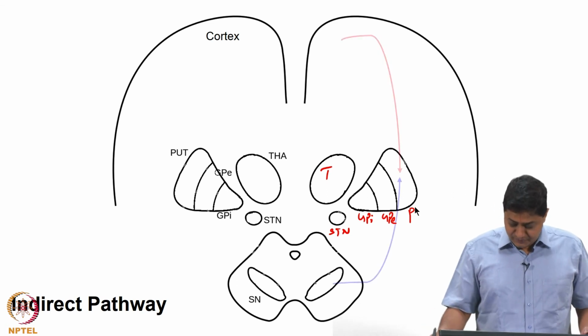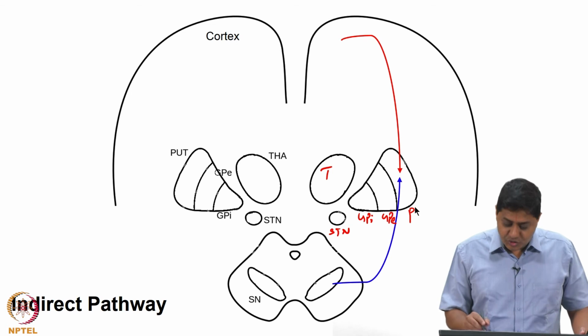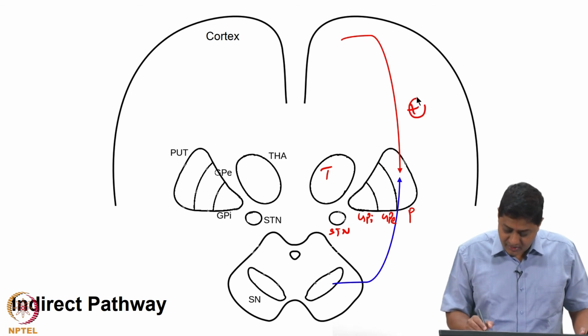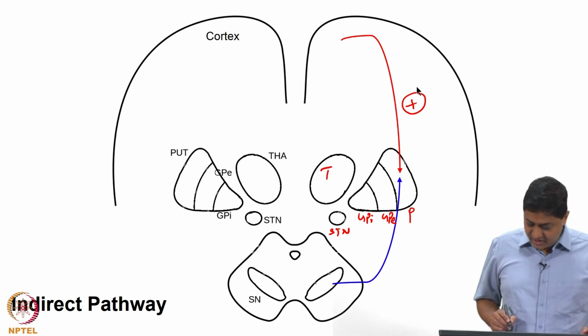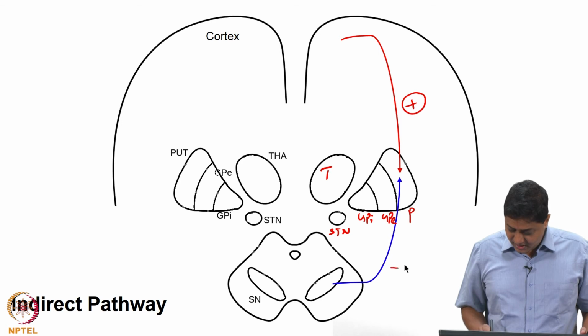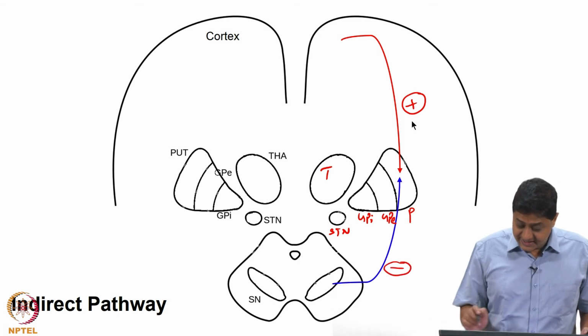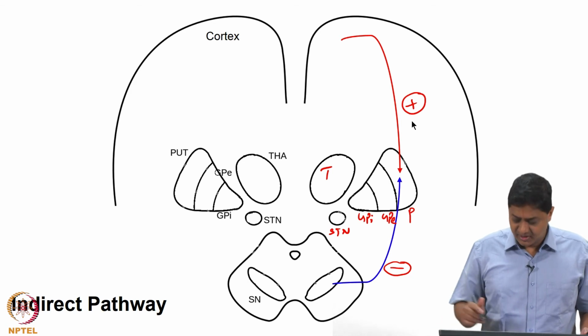So, essentially the input coming from the corticostriatal neurons continues to be excitatory. However, note the color of the arrow coming in from the substantia nigra pars compacta, that is actually blue, that means it is inhibitory. So, the corticostriatal neurons excite the striatum, or in this case the putamen,